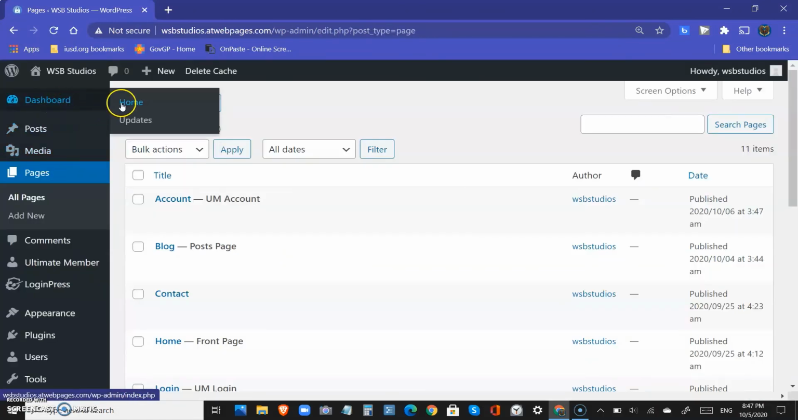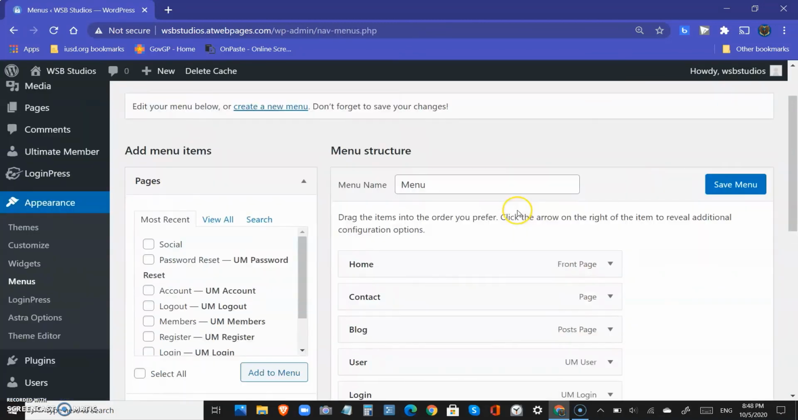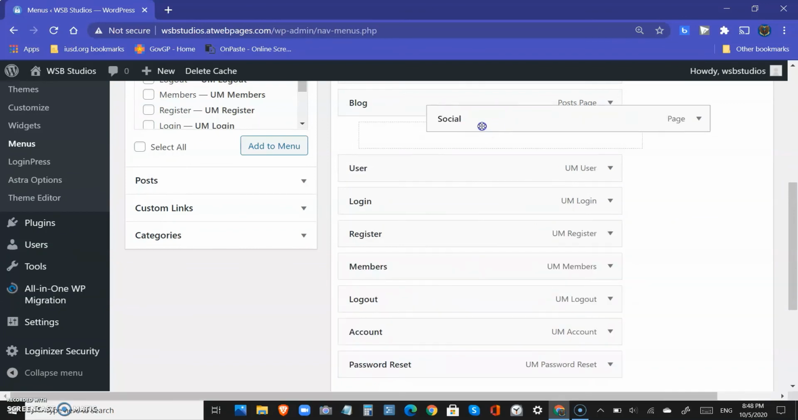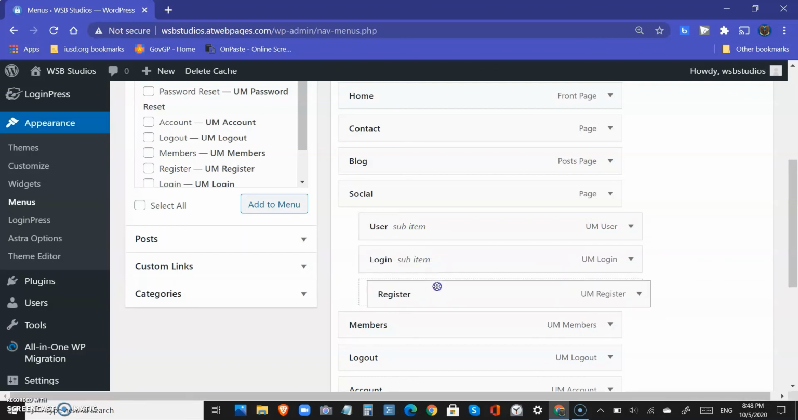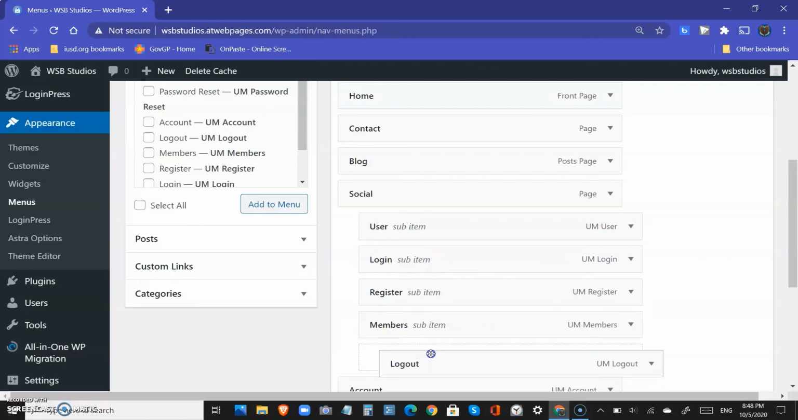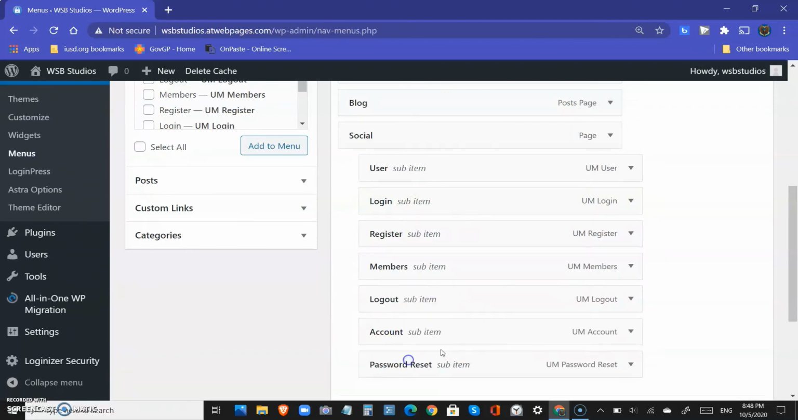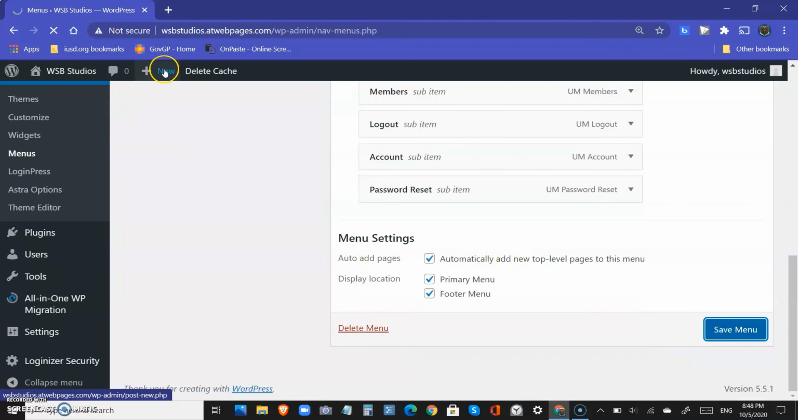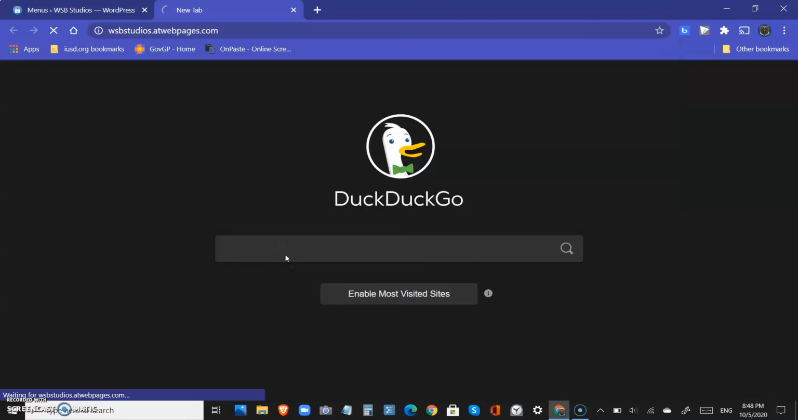And what we want to do is go to our dashboard and manage our menus. So what we're going to do is put social right next to blog, and we're going to group all of these items inside. And what I like to do is let me save this first. So if we visit our website,